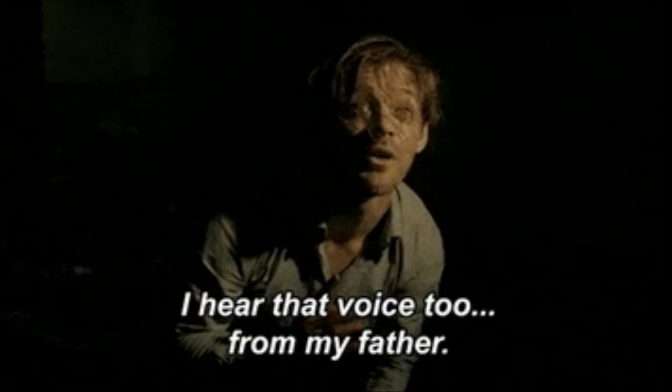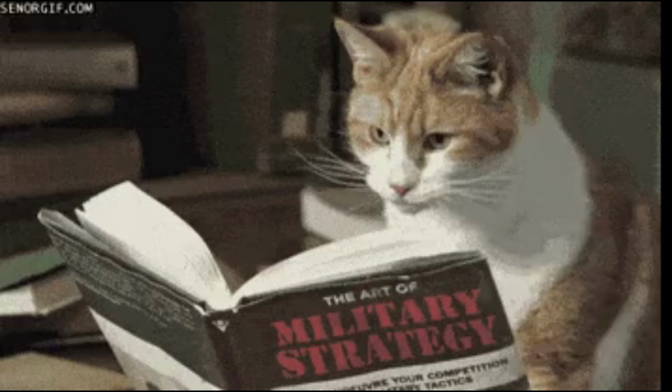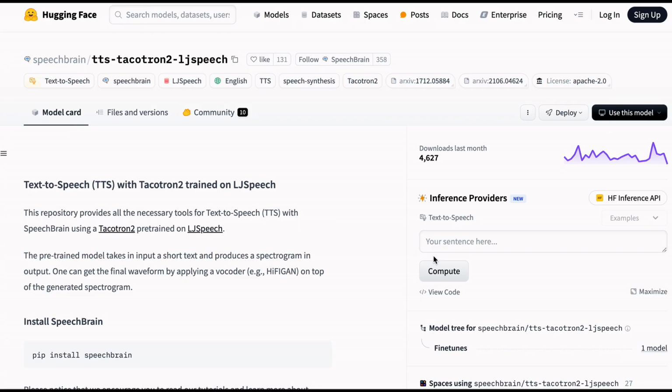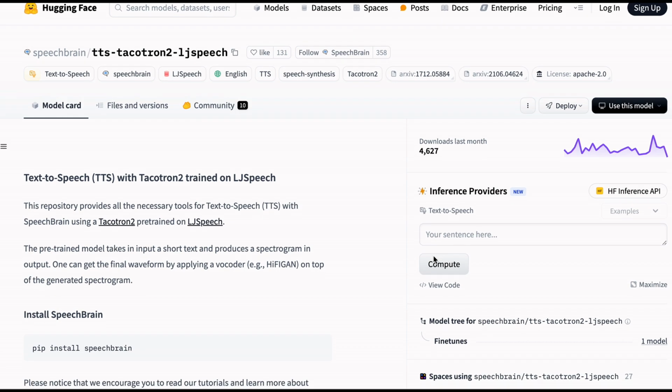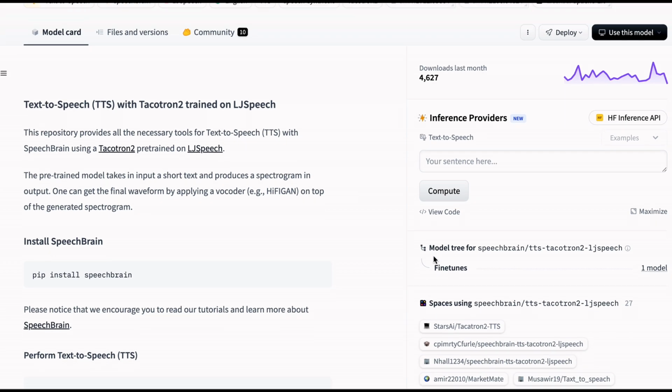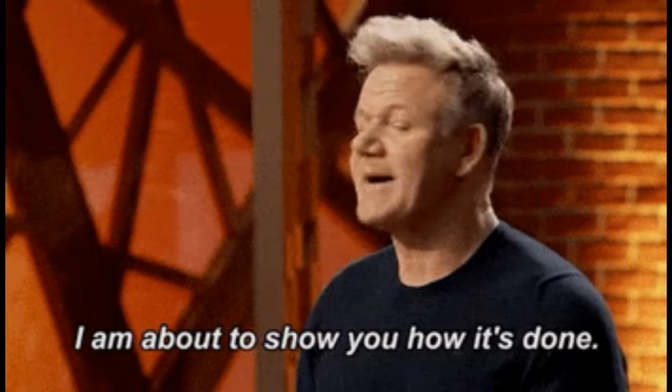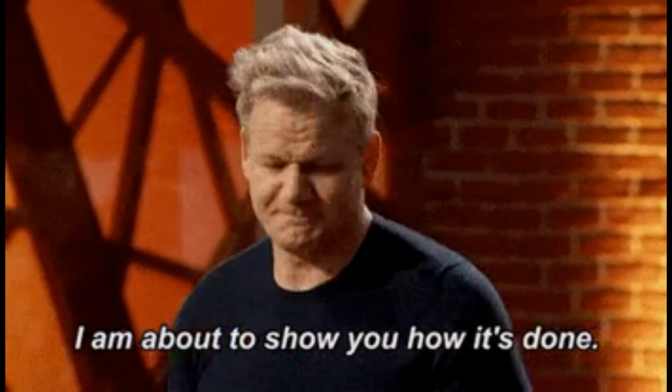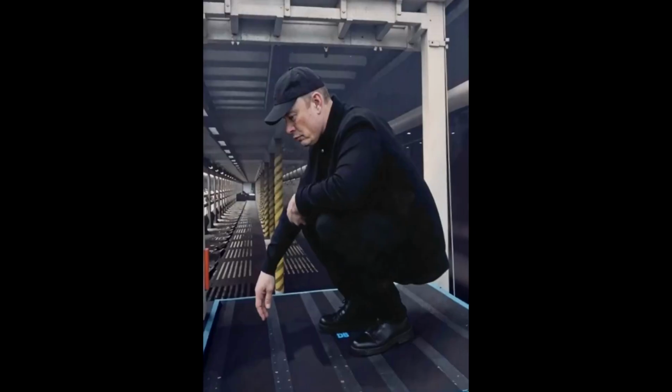Imagine if you could literally hear your thoughts, or at least have your text read back to you in stunning, lifelike voice. In today's video, we're diving into the fascinating world of text-to-speech technology using SpeechBrain and Python. If you've ever wondered how AI can transform plain text into natural-sounding speech, you're in for a treat. We'll show you every step of the process, from setting up the models to generating your own audio file that